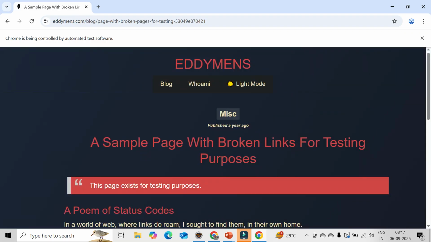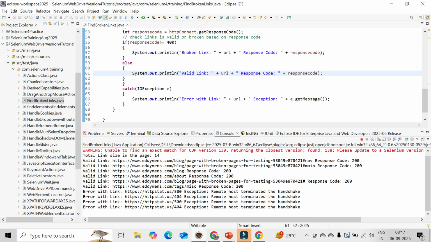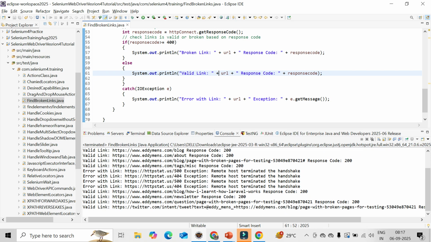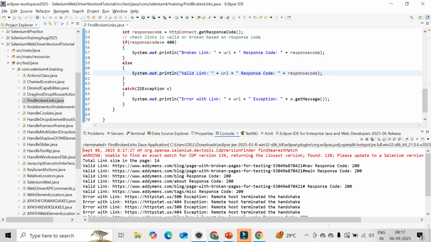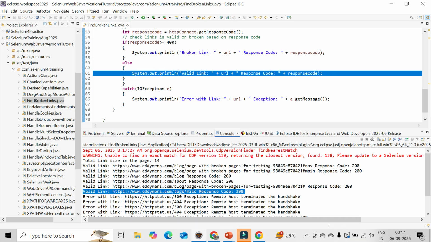It is opening the page. It will iterate all the links one by one. In case any link is valid, it will give you the valid link, or error with link, right, with the exceptions. You could see, the total was 40 links, out of which a couple of links are valid. So it is giving the valid link, and the response code also coming like 200. And wherever there is an error link, it is giving the error with link, then the URL,